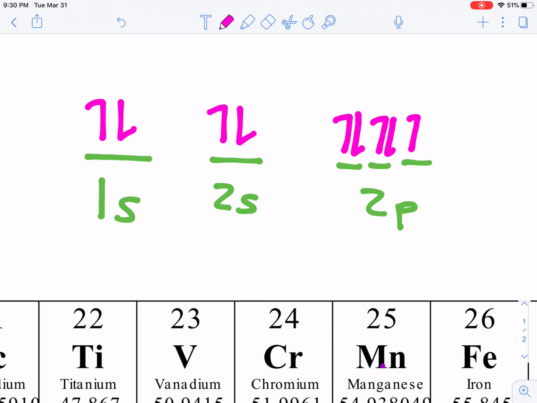You'll notice for question B, how many of its p orbitals are filled? Well, here are its p orbitals. It only has the 2p sublevel, and 2 of those p orbitals are filled. So 2 are filled, and we've already drawn the orbital notation, so we are good to go. If we were asked how many are unfilled, we would say, well, there's 1 unfilled or 1 unpaired